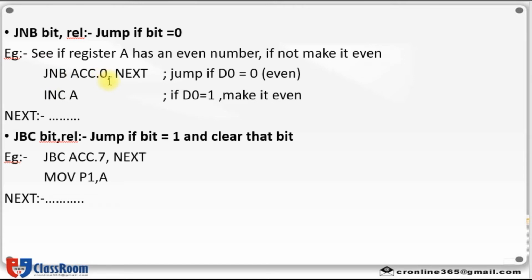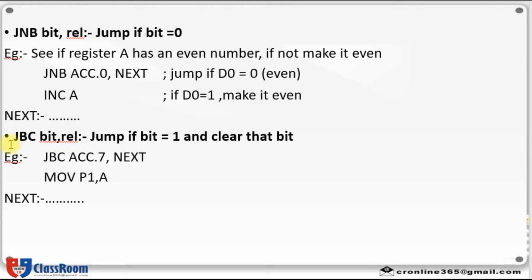ACC.0 means the 0th bit of the accumulator. If there is no bit, you jump to the specified address. Otherwise, you increment the accumulator register and make it even.